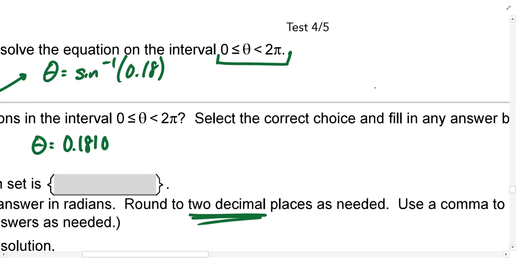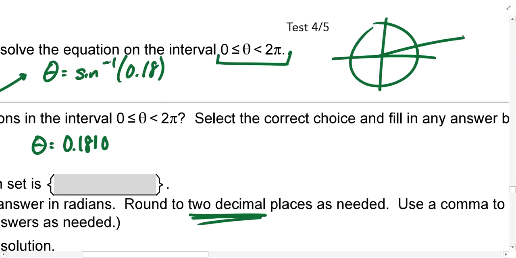Now here's the problem. The calculator is only programmed to give us one result. And so essentially what it's done is it's given us this position here. The y coordinate at this position is 0.18. But let's not forget that this position over here is also going to have a y coordinate of 0.18. And we have to essentially be smarter than the calculator here and determine what the angle measure is that lands